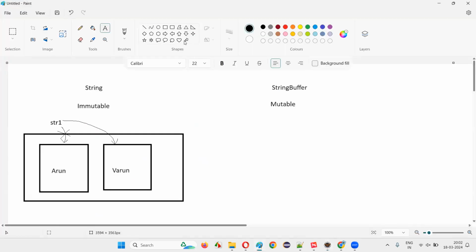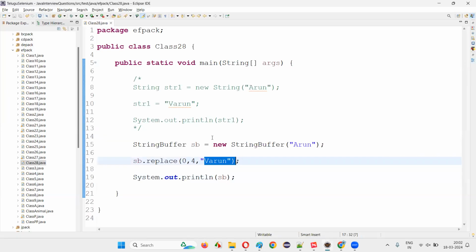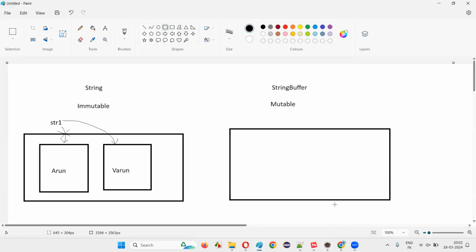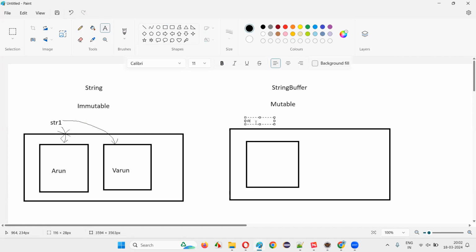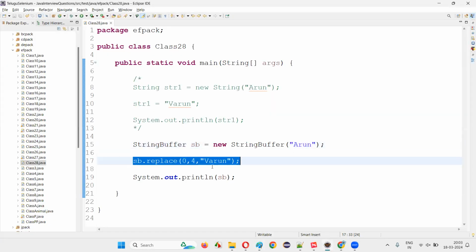But in this case, what's happening in the computer memory is, when you create an object for the string buffer, some memory is reserved for that particular object, to which this SB is referring. The SB object reference is referring to this. In that, initially the value Arun was stored. Now, the moment you say SB dot replace with some code like Varun,